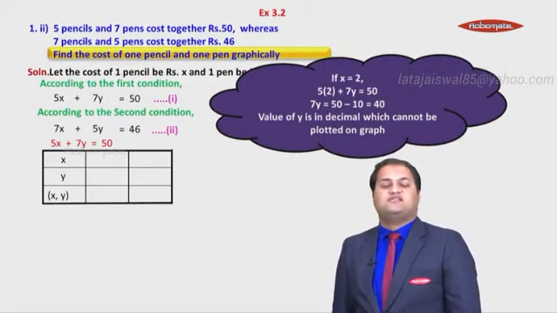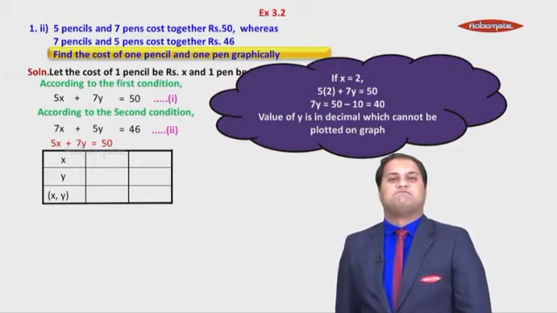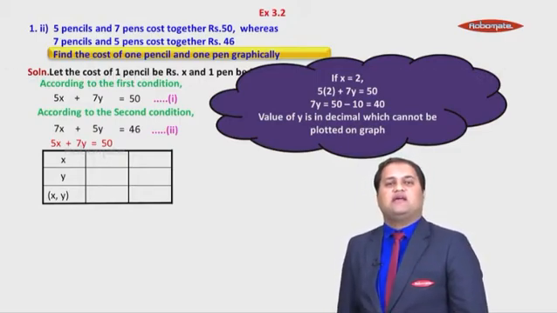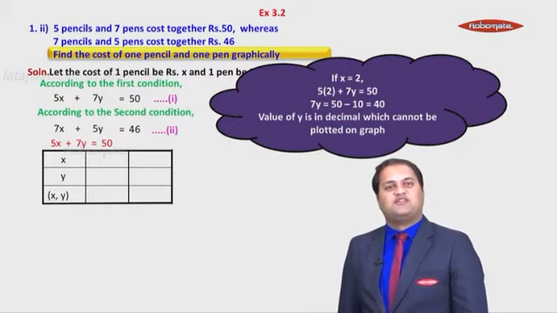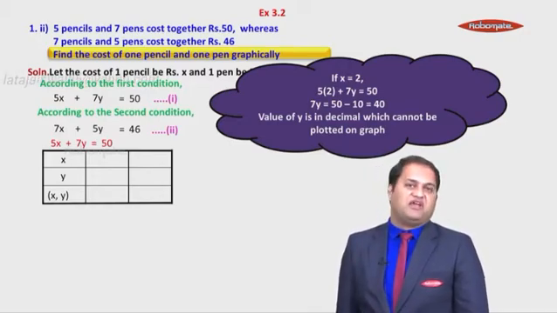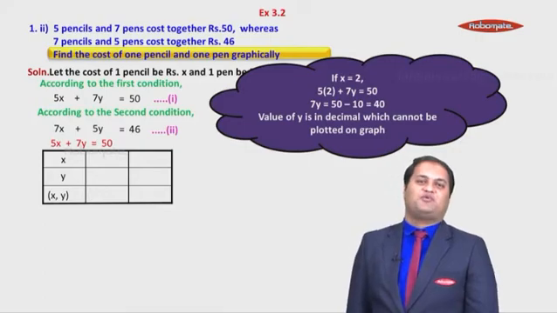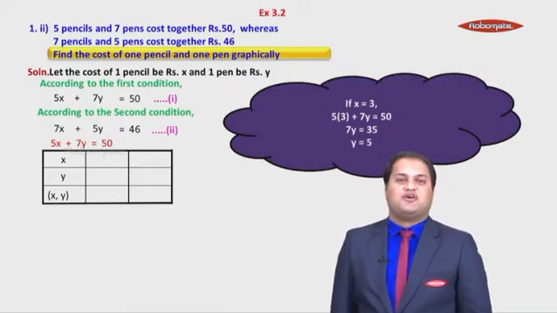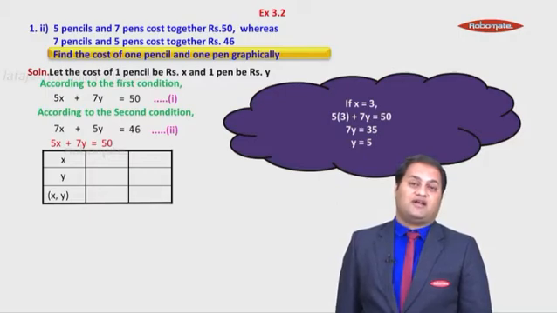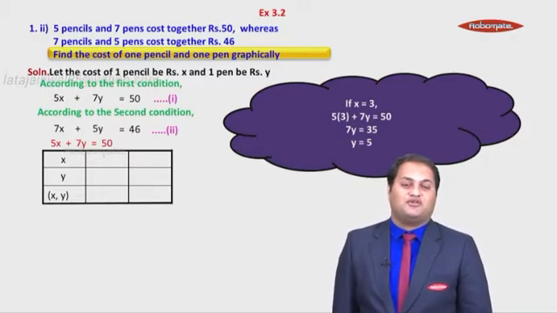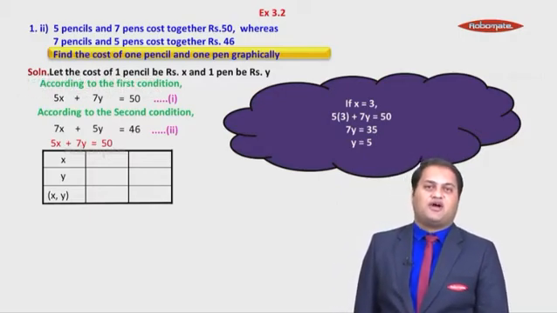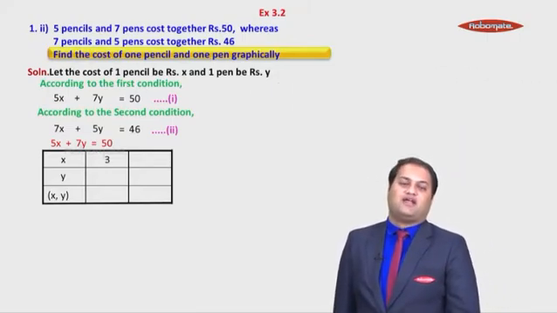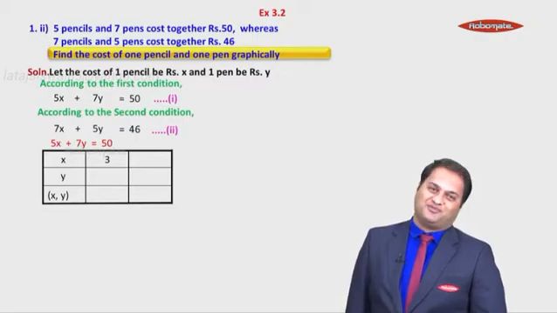You can't take x is equal to 1 as well. Let's see if we can take x is equal to 2. See the calculations. You get 7y is equal to 40. Again 40 is not divisible by 7. Again decimal, can't be plotted on the graph paper. Let's see if we can take x is equal to 3. Oh, that's great. When you take x is equal to 3, you get 7y is equal to 35. You get y is equal to 5. And finally, we get the value of x, which we can assume.